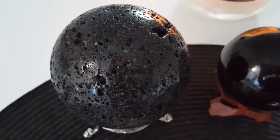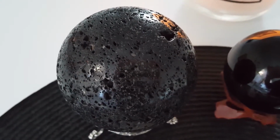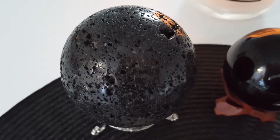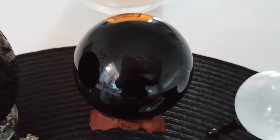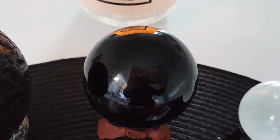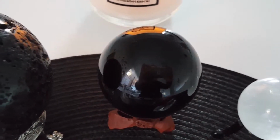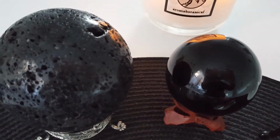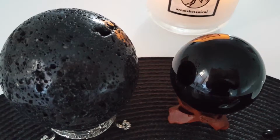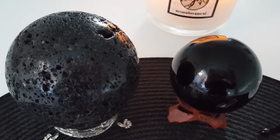hills and valleys. Unfortunately, at times destroying villages, but we won't go there, will we? But you know, red hot lava, it cools slowly. Black obsidian here is lava that cools quickly. So it's shot up into the sky and due to the sudden shift in temperature turns to glass. And obsidian and lava are two of my favorite things in the world, along with meteorite, so the outer space